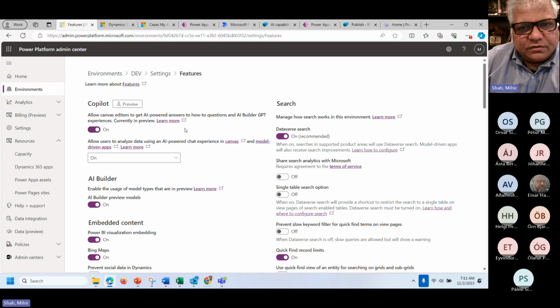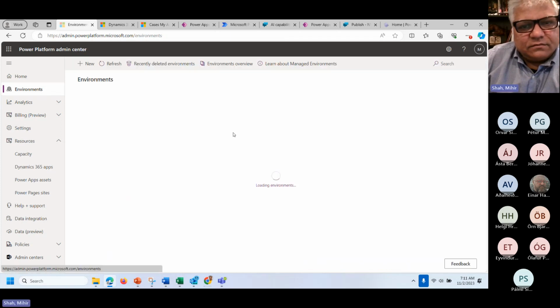This is where you have to set this, and also allow users to analyze data using an AI-powered chat experience. Also, AI Builder should be on. Those are the two or three things that we need to enable to make sure that users are able to use Copilot, test drive, and create their own Copilot experience in there. Okay, so we go from here back to my